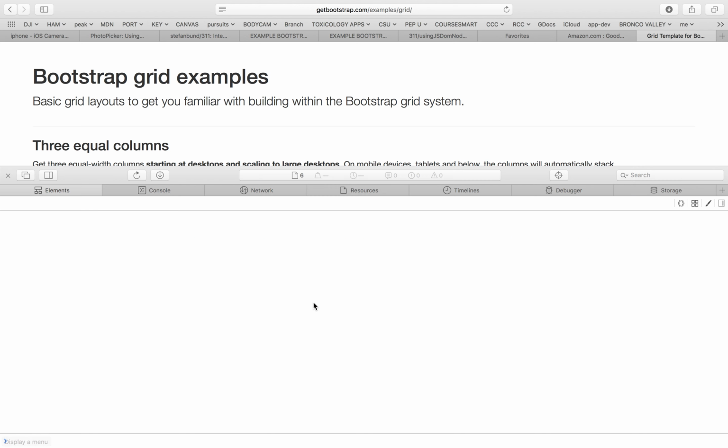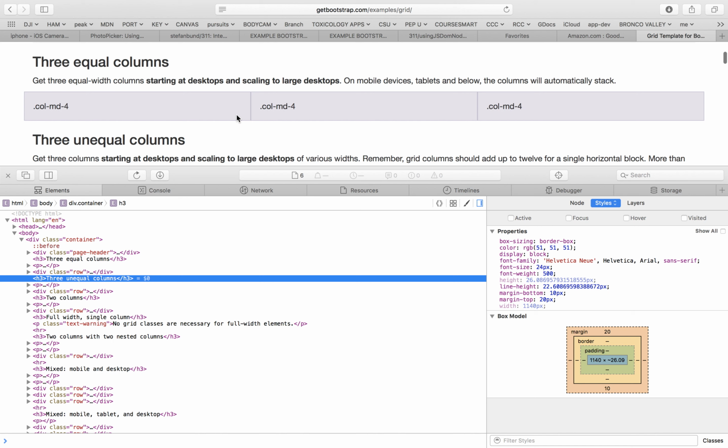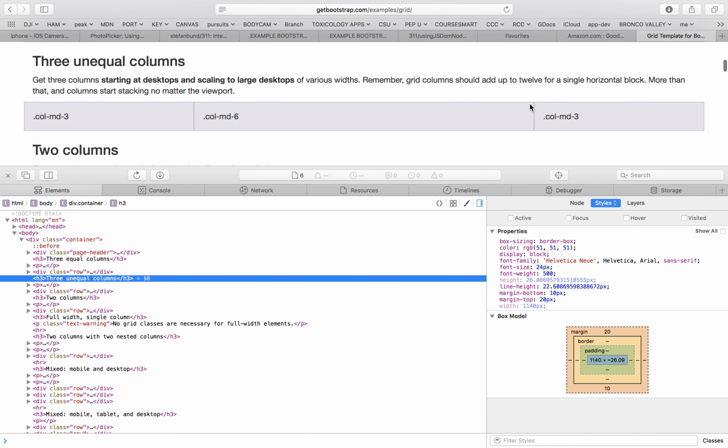In Bootstrap, you have what's called a grid system. So any given page is 12 units wide. Within that, you can have any collection of columns until the total width reaches 12. So you can have four 3-unit columns, or what's very popular is three 4-unit columns, or you can have a